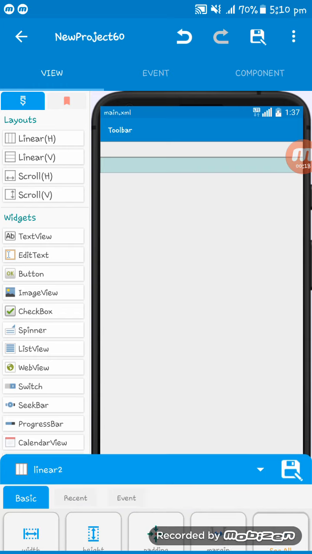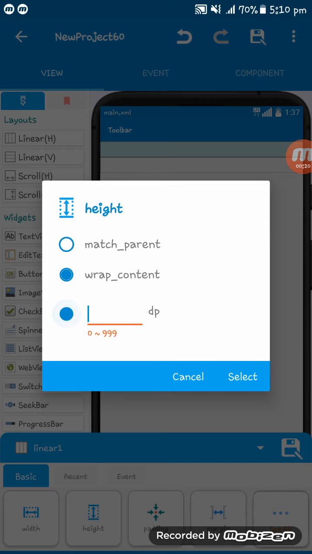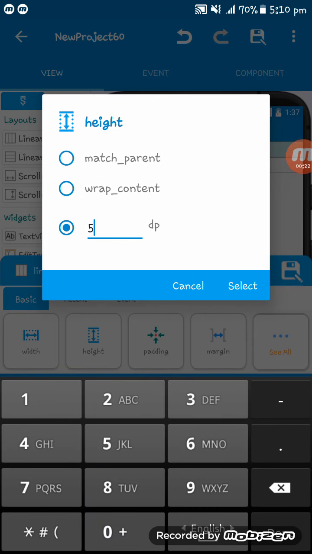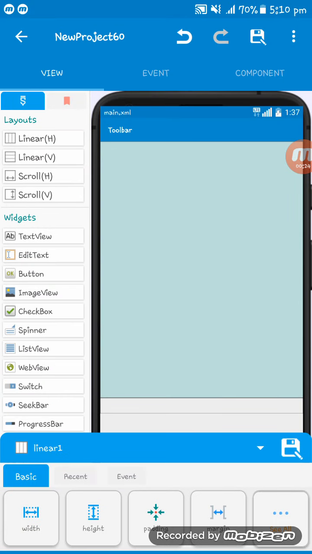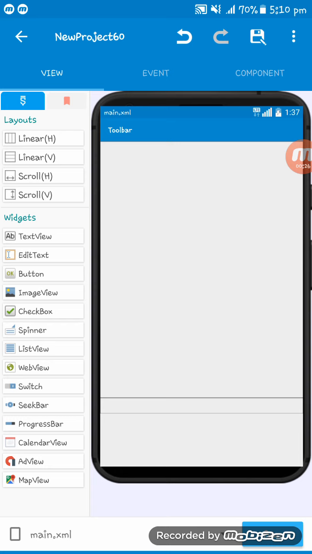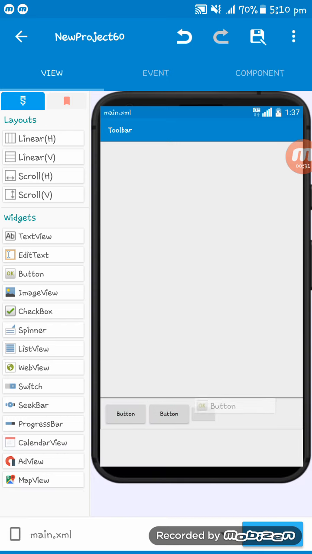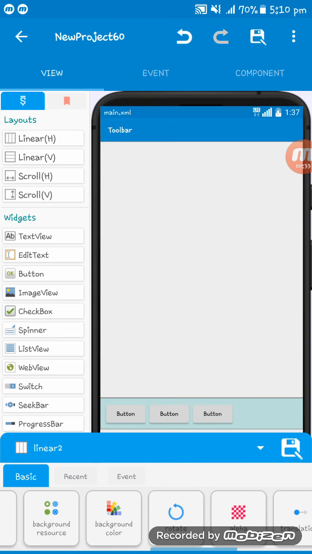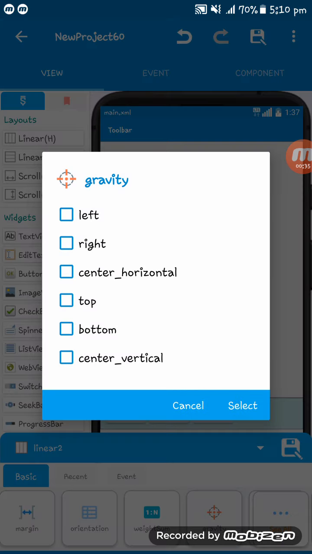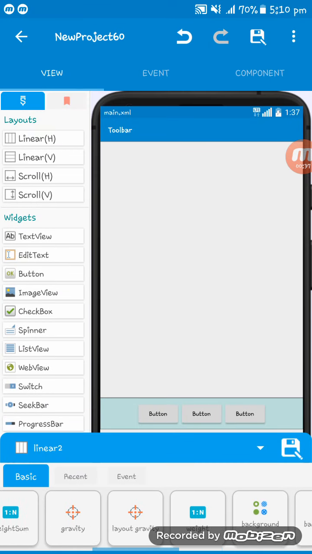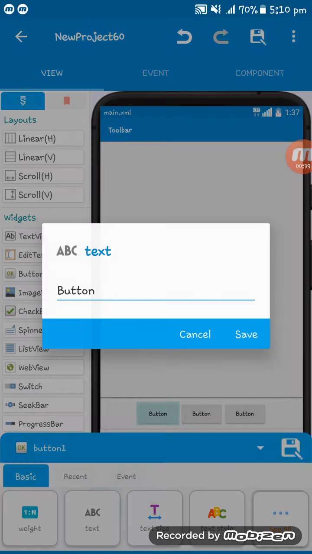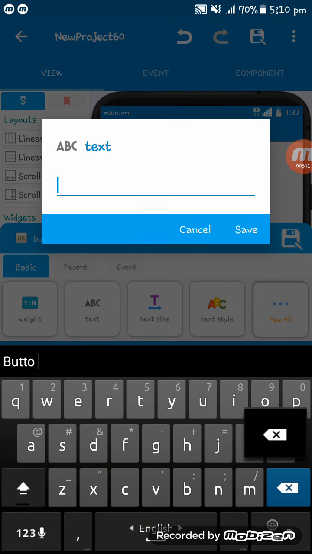And I'm setting a linear layout here and giving the height 520 dp, and then here I'm setting three different buttons. Here you go. Now I'm setting this gravity center, and now I'm gonna set here the button text